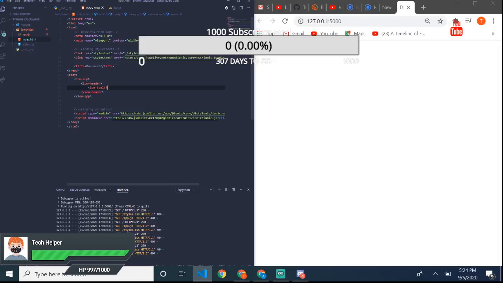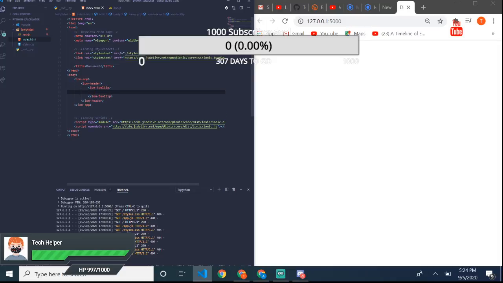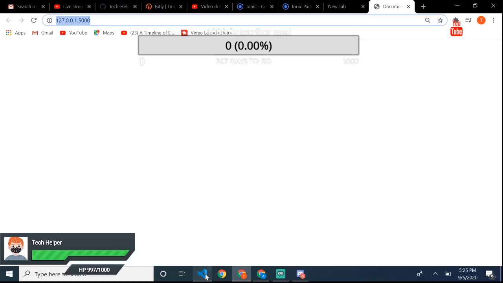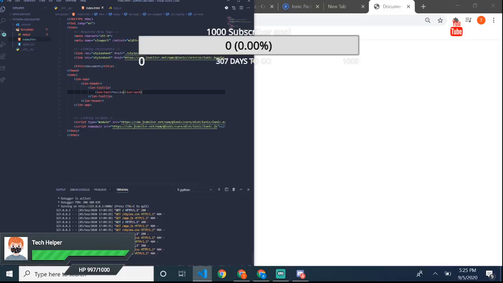tooltip, and then we have, you can see that we have a tooltip, and then we have an ion element. So we have an ion calculator. So we have an ion-text, and that says hello. And this compilation to that is because we need this